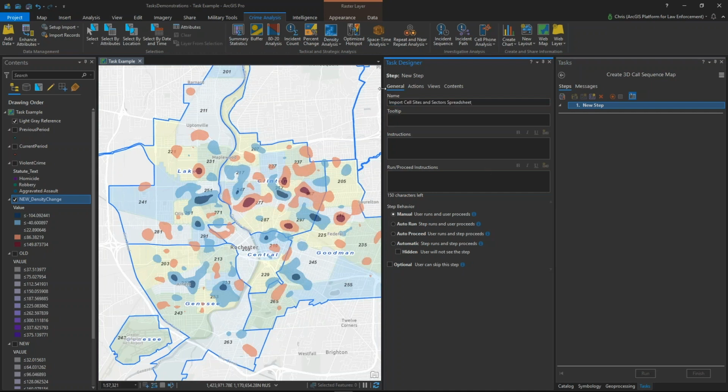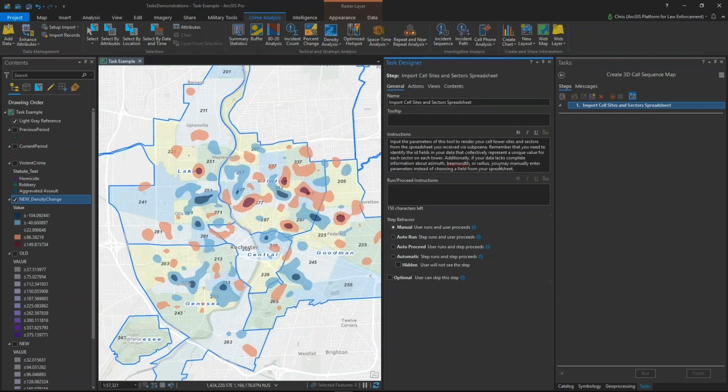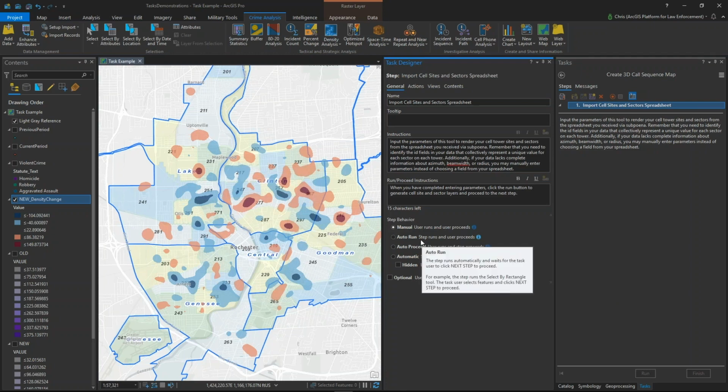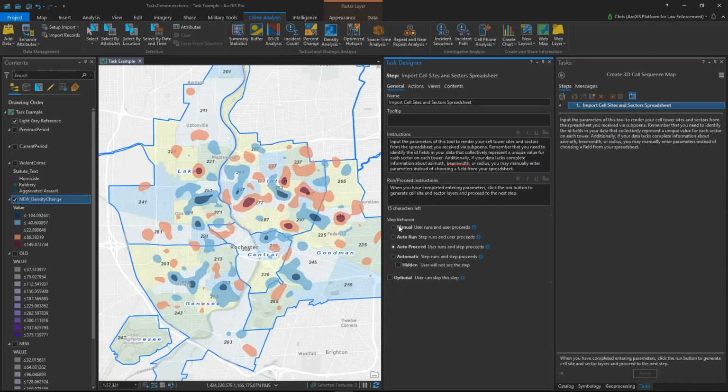I've already kind of set this up. I'm going to call this name import cell sites and sectors. I'm going to add in some instructions, information on what to do in this step. And then I've got some instructions for how to run and proceed. And the step behavior that I would set up here is that I will have an auto proceed, where the user would run the tool and then it would automatically proceed. And I'll add an optional